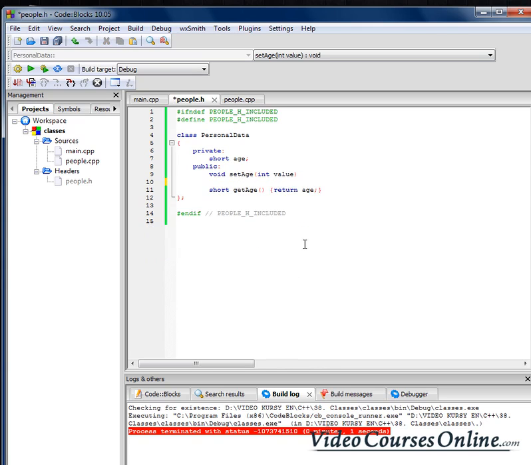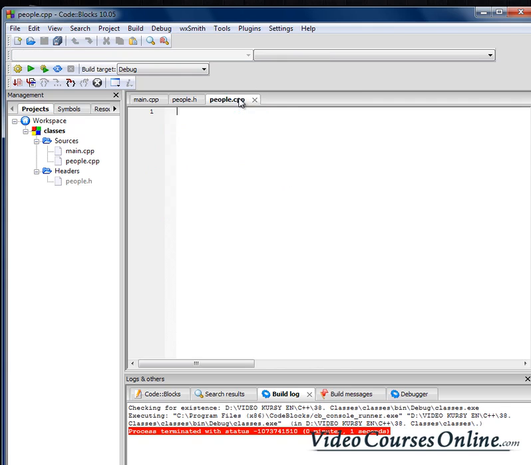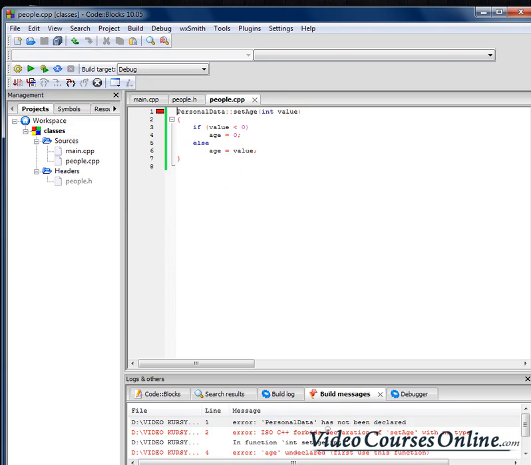So for example, that thing is now the prototype, right? And I should go to the PersonalData class here. I will use something like that, PersonalData, and then the operator that is called the scope operator, and this operator lets us, as you can see, go inside the class declaration and take, for example, that setAge function, right? And now I can do something like that here. Well, int value, okay, and let's see if it's working. Of course we need to also add here what type we are returning, so we are returning the void type,